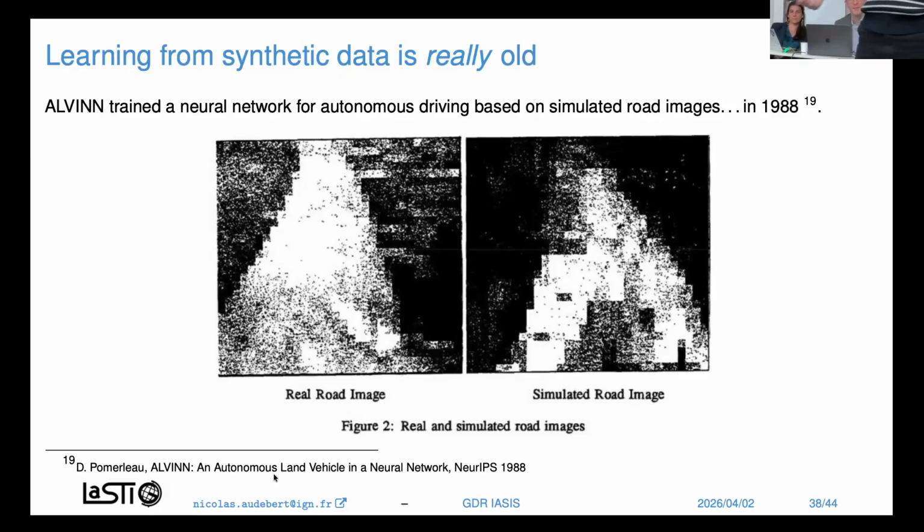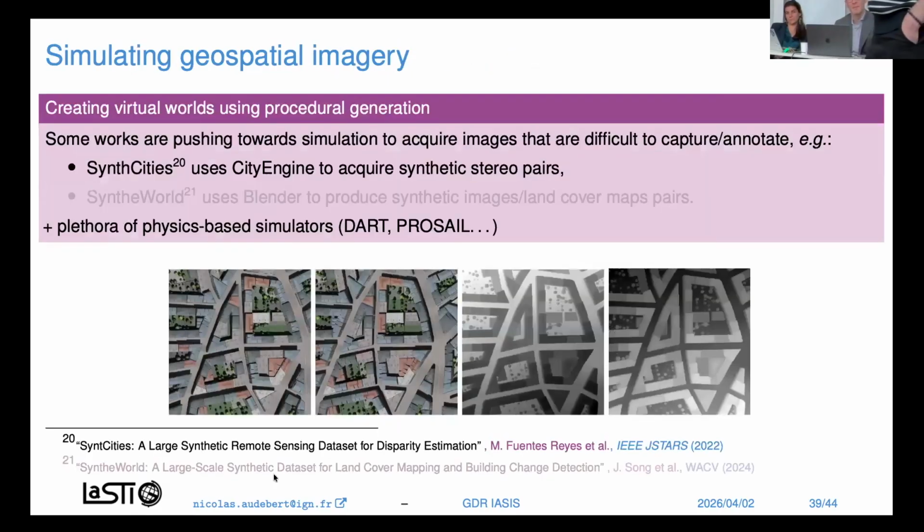And it's easy to say, okay, I'm going to use Stable Diffusion and whatever to generate my images. But then you don't know what you're generating. You have no control over what you're generating. And in Earth observation, we have ways to generate synthetic data that we entirely control, based on virtual worlds and computer graphics. And there are some recent works that are pushing towards simulating what you cannot really acquire and